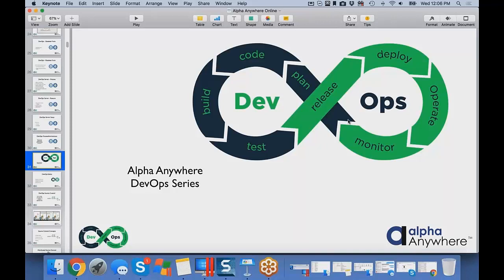The idea behind it is that you have a continuous process, and that's why we have this figure 8. I borrowed this graphic because it explains the pieces that allow you to plan, code, which is really Alpha Anywhere, along with build. Alpha Anywhere technically doesn't have a build process, so it's all in one because we simplify life for our developers. But then test, release, then we actually deploy it to the field, operate, and monitor.